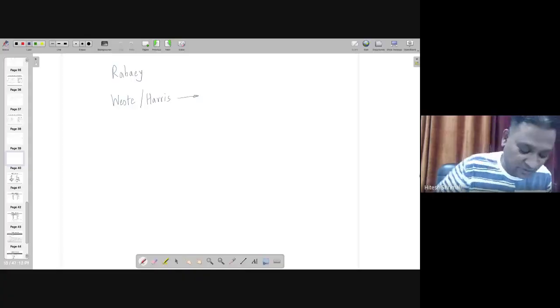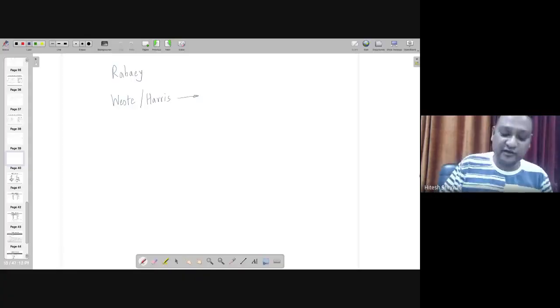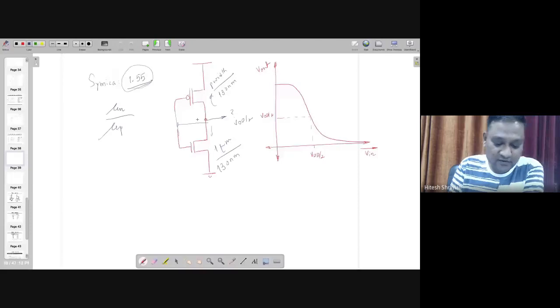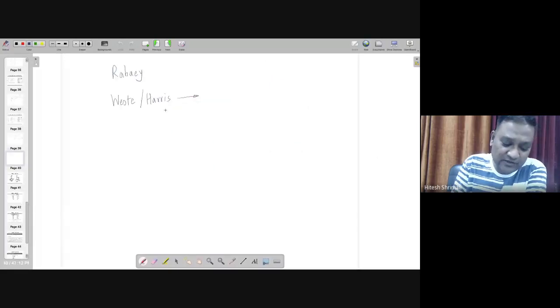Okay. So you are with me till here, no problem, right? SimMicra is showing the ratio of these two resistances as 1.55, right? Yes, sir. Okay. So in this book, Weste and Harris, which was written in almost '97, during that time they found that this ratio is 2. So this book is following the ratio of 2.